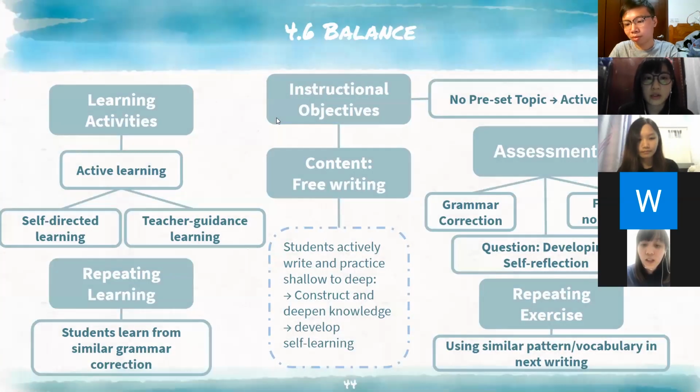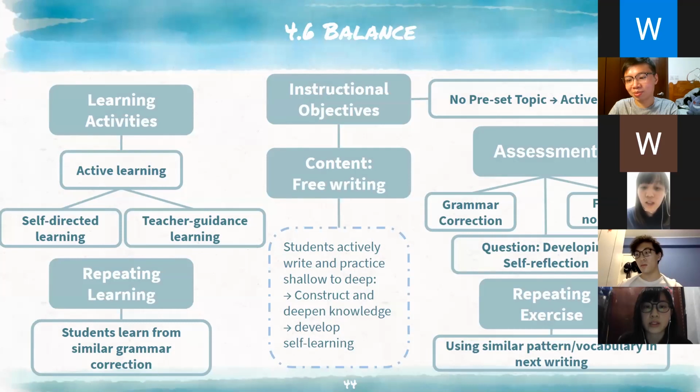Free writing does not have preset topics, which is active learning. Students actively write and practice to deepen and construct knowledge so as to develop self-learning. For the assessment part, it includes grammar correction, a question part, and feedback. Also, students need to use similar vocabulary in the next writing, which is their exercise, and students can learn from similar grammar. The learning activities can be divided into self-directed learning and teacher guidance learning. Next